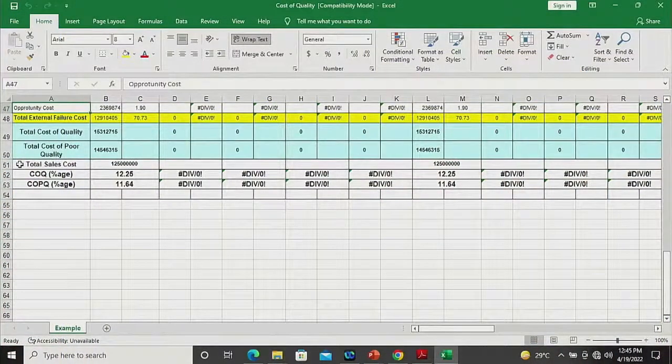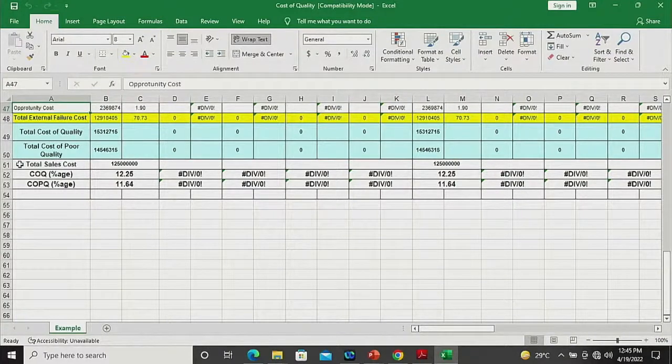There's an Excel format. This is a simple Excel format that can be used. Nothing complicated. All the parameters have been put here, like equipment maintenance cost, and all this stuff. Total prevention costs, you can see the total amount being expended on that and the percentage of the total. So all these parameters can be analyzed at the different nodes, to see what is the total cost of quality for that company. Just an example I'm saying. So percentage you can calculate, a very simple, basic Excel format.